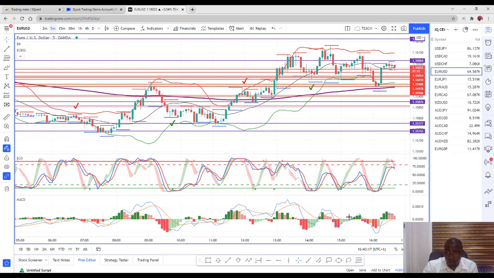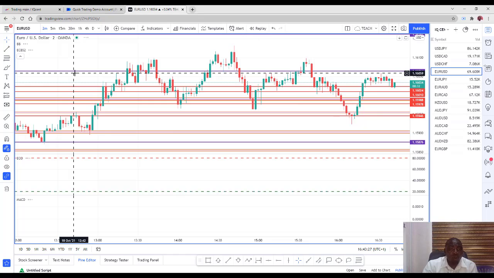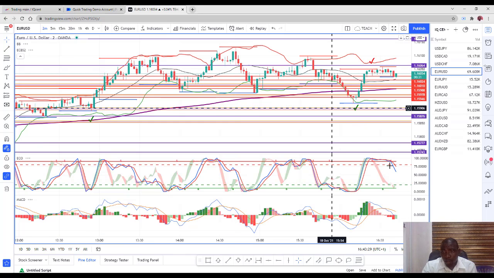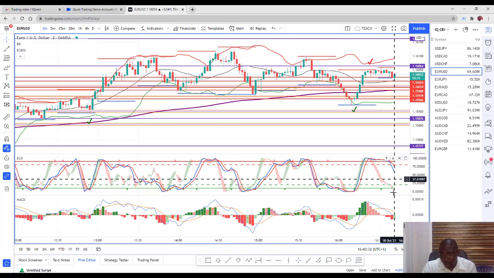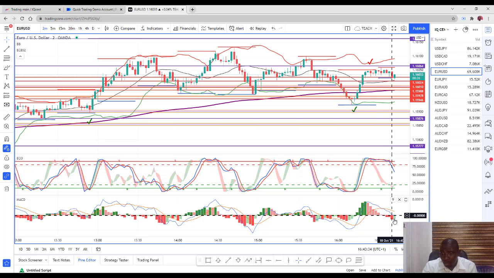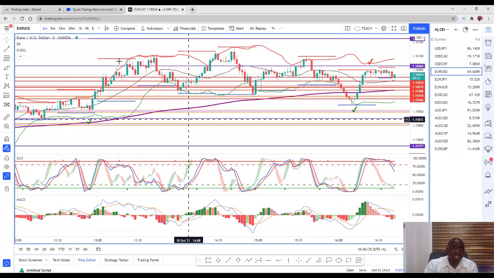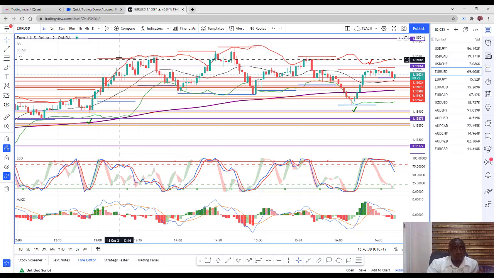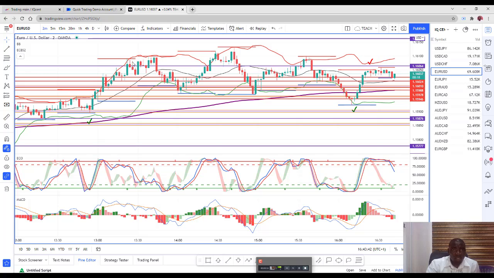My higher time frame is positioning for a sell. In my MACD, even my stochastic is telling me it's going to sell. Then I go back to my lower time frame. It's positioning for a sell, and even my MACD is telling me it's going to sell. So that is the essence of using a higher time frame and not banking on your currency strength meters